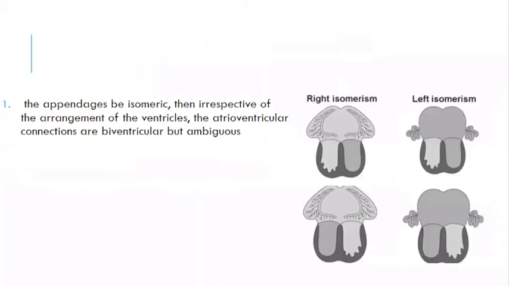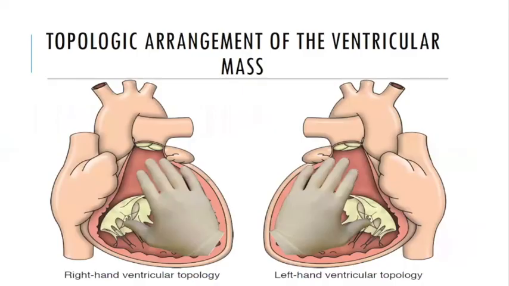The appendages being isomeric, then irrespective of the arrangement of the ventricle, the atrioventricular junction connections are biventricular but ambiguous. For the topological arrangement of the ventricular mass,